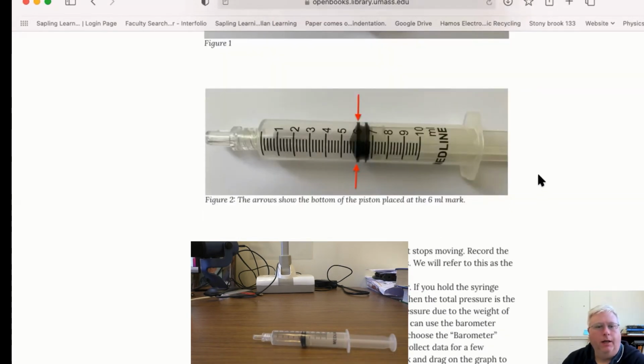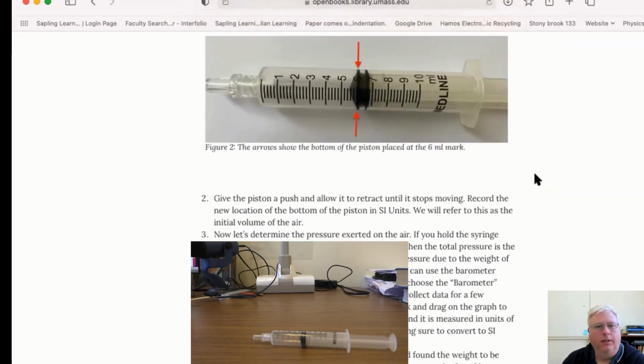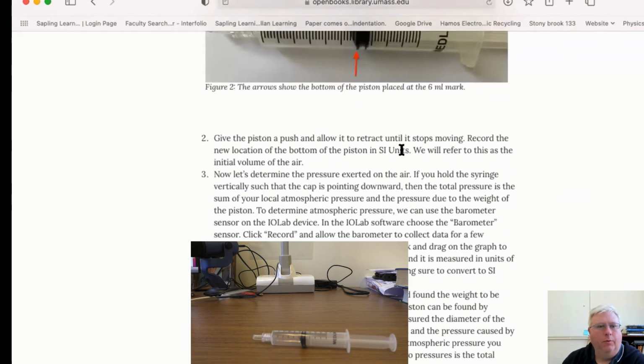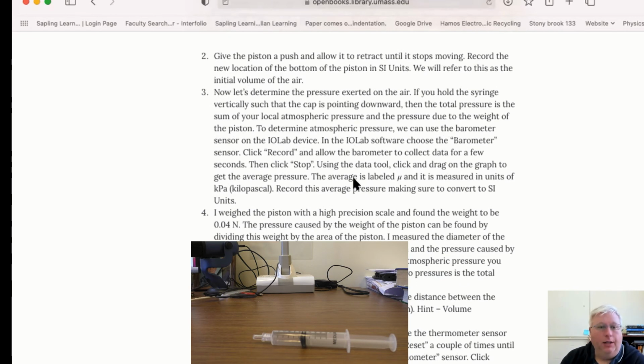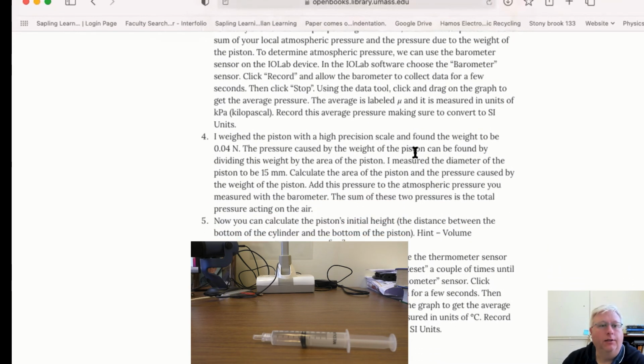And then you're going to want to record this in your lab report document. What's this initial volume of the air? And then step 3 here, you'll actually use a barometer to determine what's the atmospheric pressure in the room. Okay, and you'll use that to calculate the pressure on the air inside